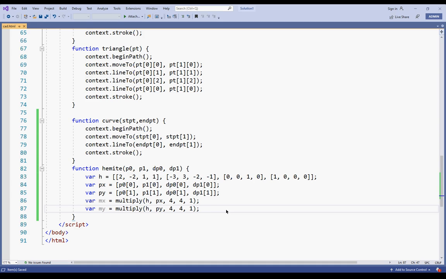Now the only thing is that I need to calculate each point by varying the value of u. So I need to multiply u. There is a matrix of u which I need to multiply, and then I'm going to get all those values. Okay, and once I have those values, I can go ahead and start plotting the curve.